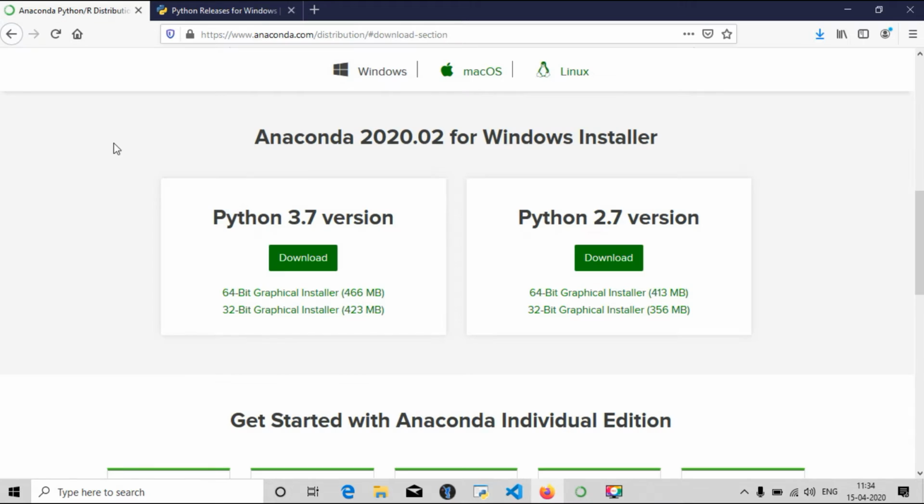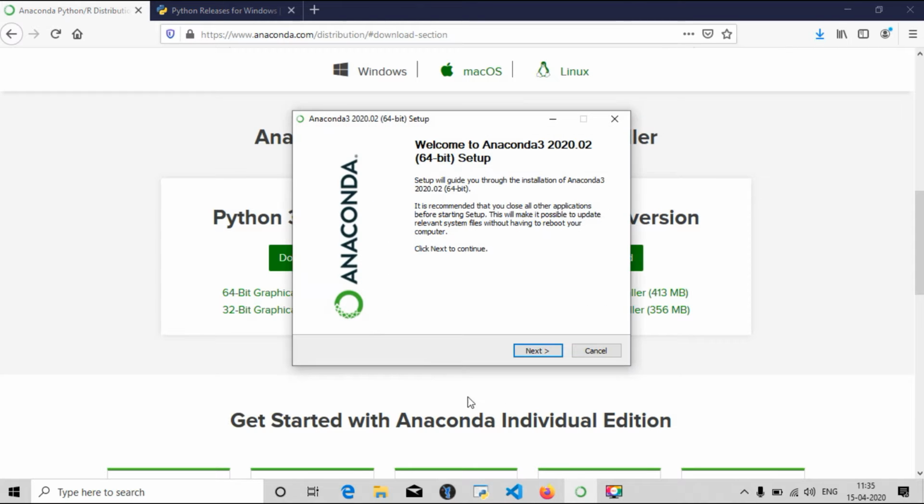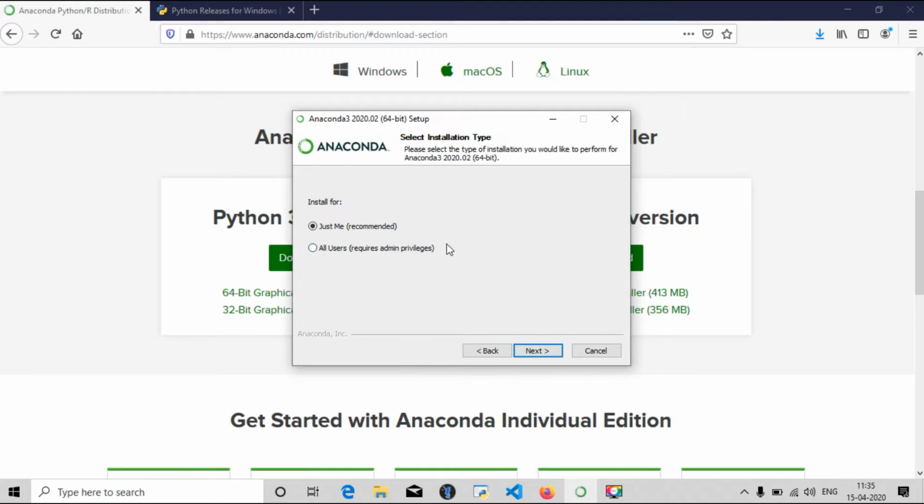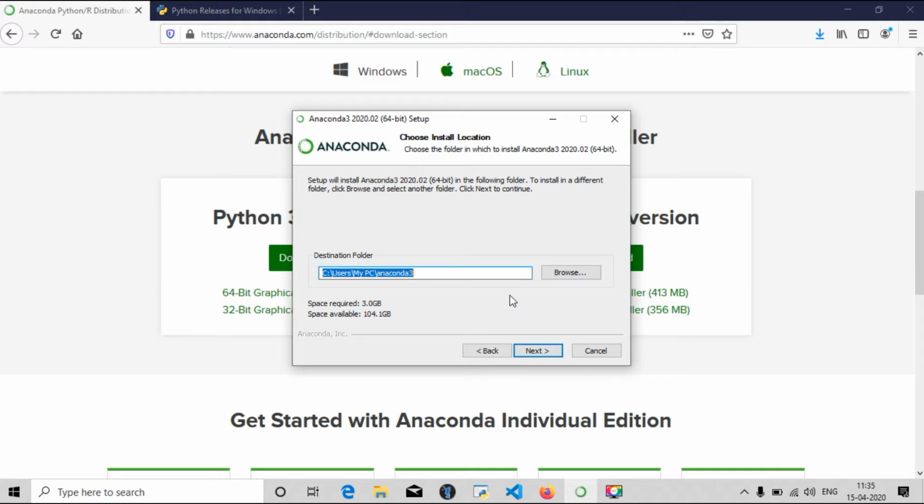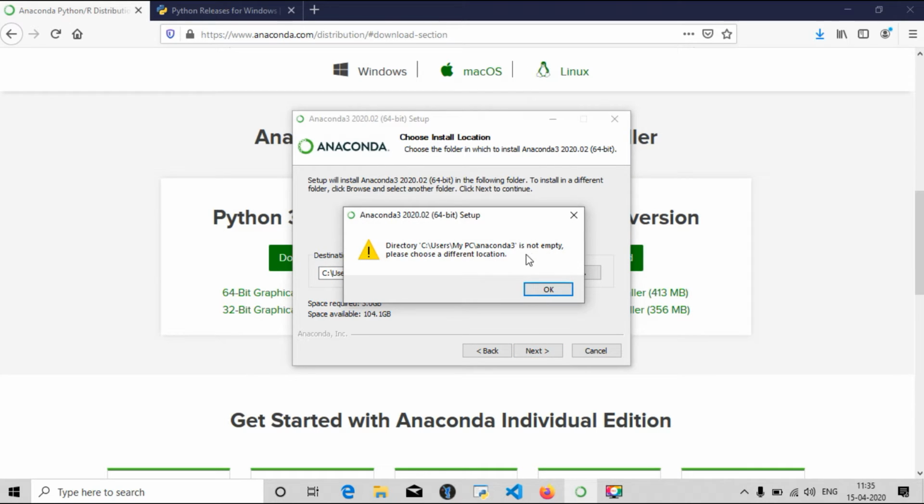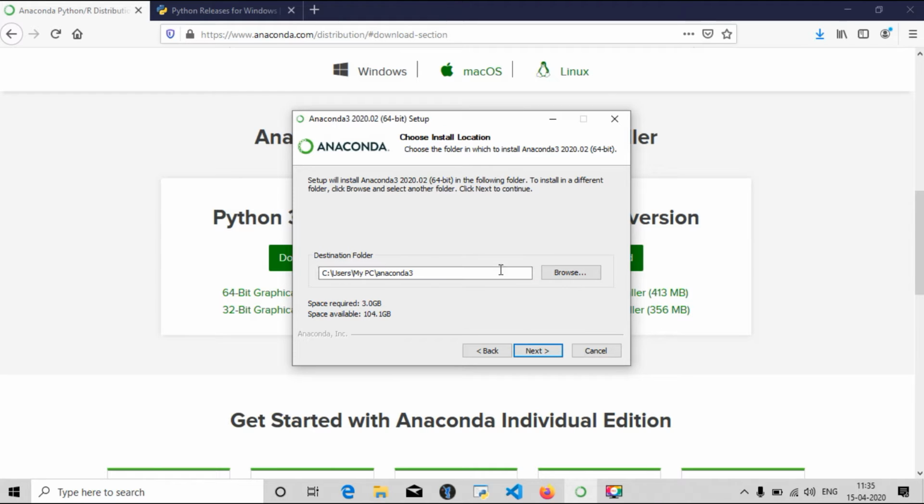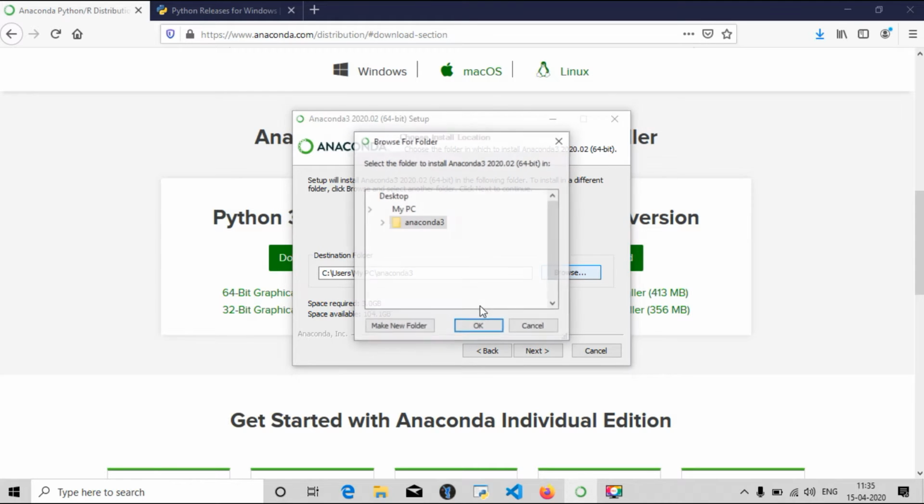Then go here and click on either of these two links according to your system capacity. After you download, I have already downloaded it, and open the exe file, you will get this setup. Click next, agree. Just me, not for all users. Here you can see that I have already installed Anaconda, so just to show you, I'll select a different